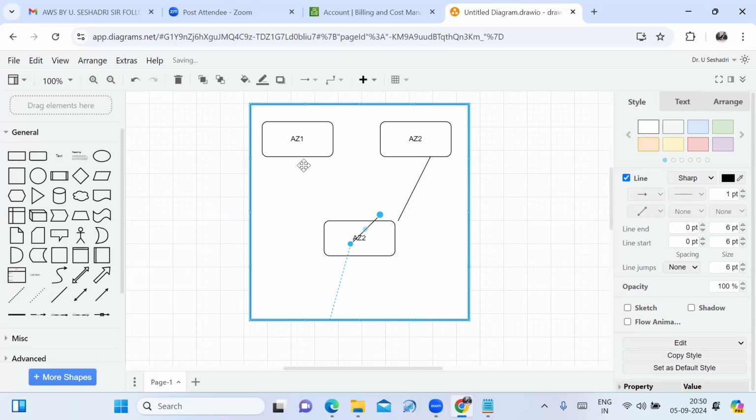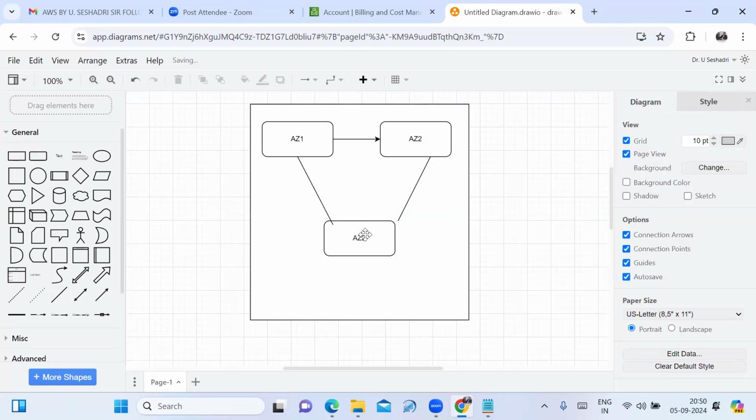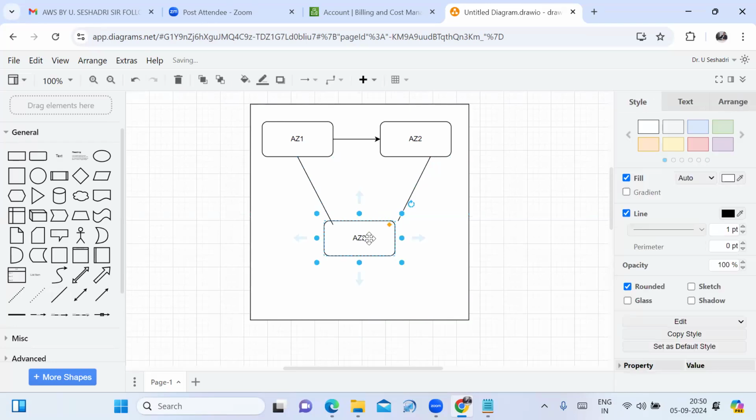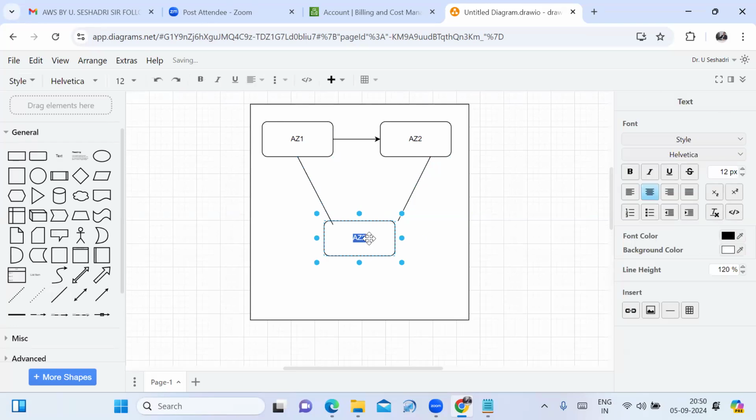If any availability zone is down, then your next availability zone is there. That's why while launching your instances, while storing the application, we have to choose a minimum of 2 availability zones.